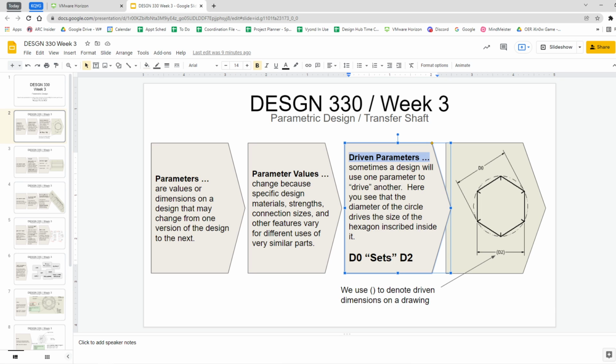Any questions about, does that sort of help make sense of what we're doing with all these parameters? Yeah, it does. Okay, then let's